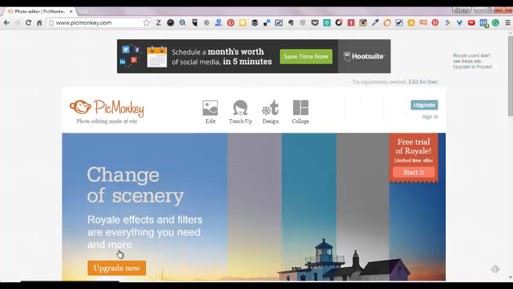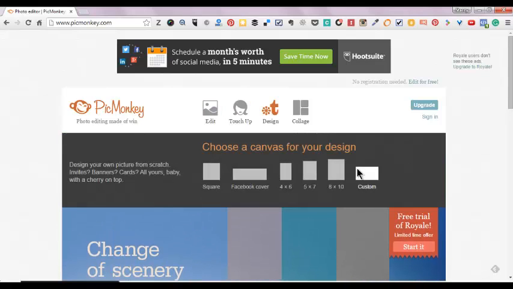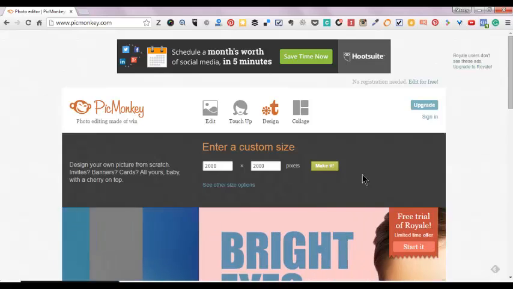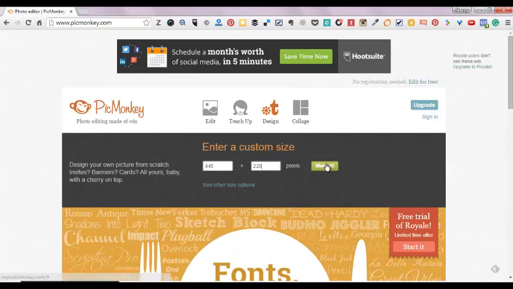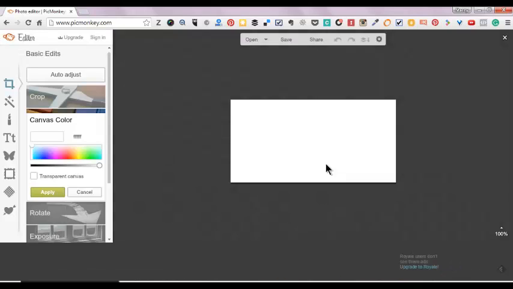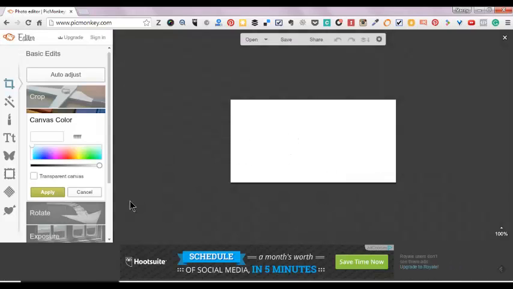Now my favorite tool is PicMonkey. I find it the easiest to use. I'm not very good at graphics, I will admit, and so I was looking for a system that was going to be easy for me to use and that I could whip something up quite quickly. So in this instance I'm going to design, and I'm going to do a custom shape. And so the custom one I want for Twitter is 440 by 220. So it just really has to be a ratio of 2:1. And so this is how it's going to look, because if we have a quick look over on Twitter